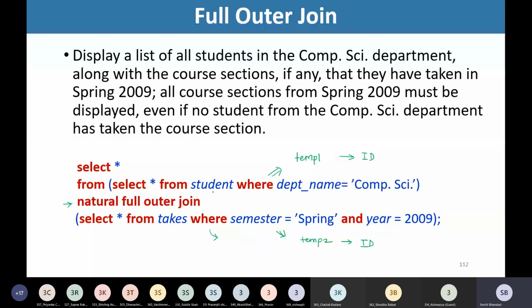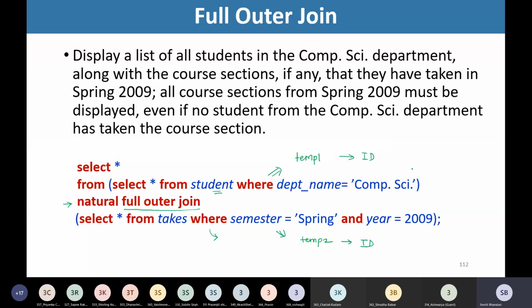But now, in addition, what will happen? If there exist a few students who have not opted for any of the courses from spring 2009, they also will be included. Or even if there are a few courses that are offered in spring 2009, but those are not opted by any of the students, then these tuples will also be included.